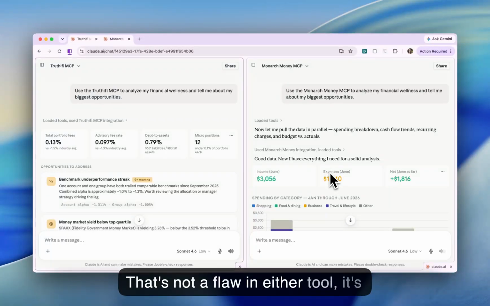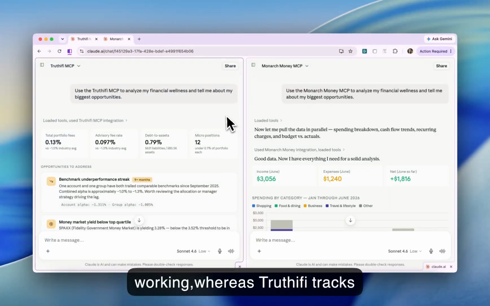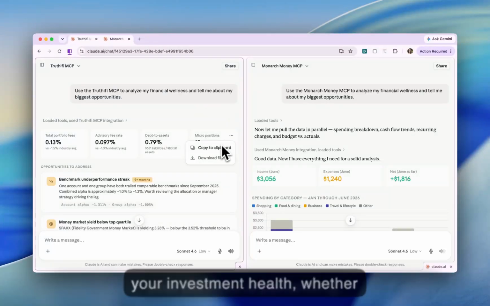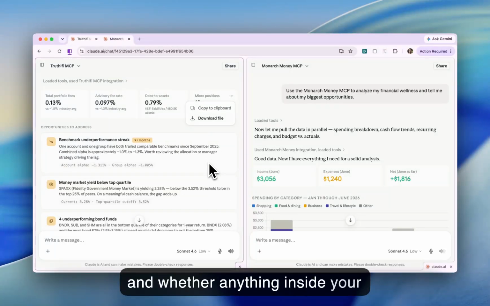That's not a flaw in either tool, it's just what each one was built to see. Monarch tracks your financial behavior, where your money goes, what you're spending on, whether your habits are working, whereas Truthifi tracks your investment health, whether your portfolio is performing, whether your fees are competitive, and whether anything inside your accounts